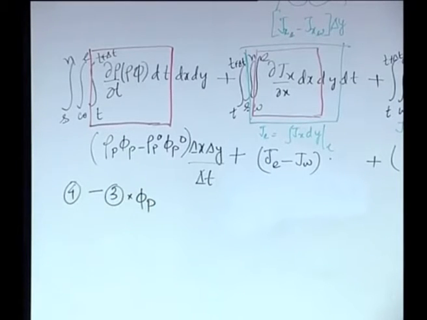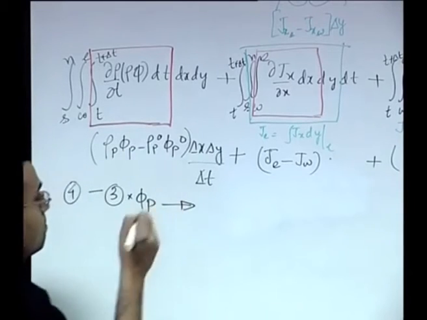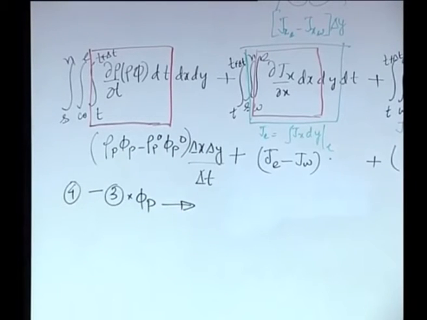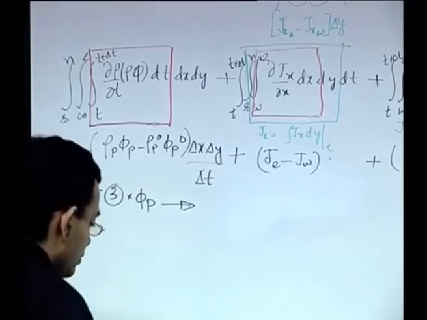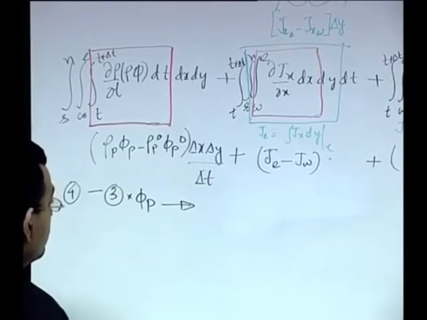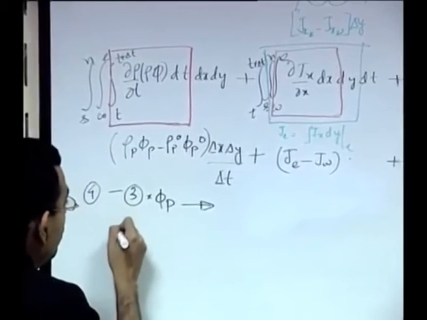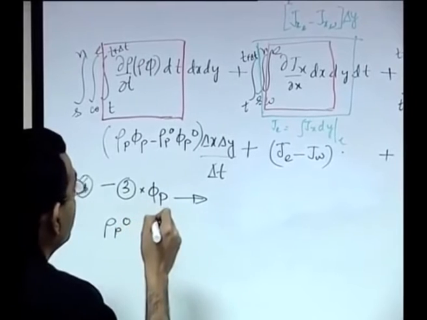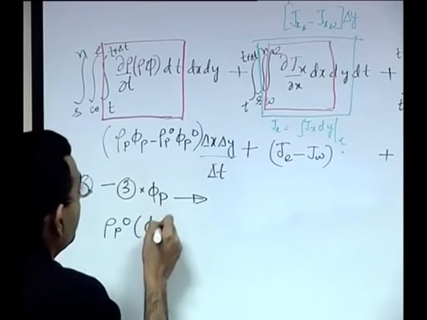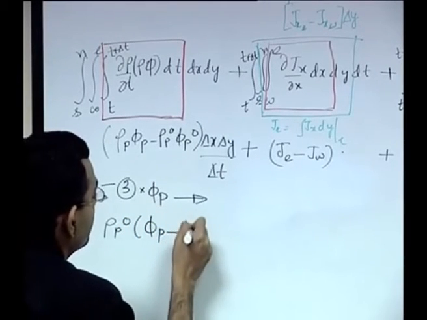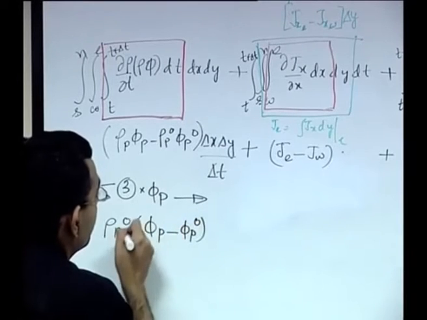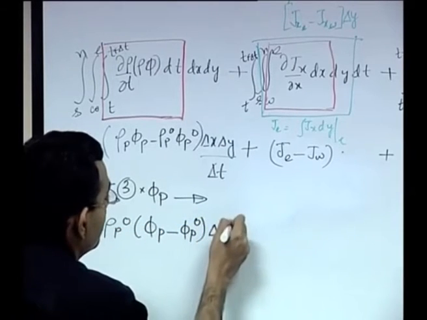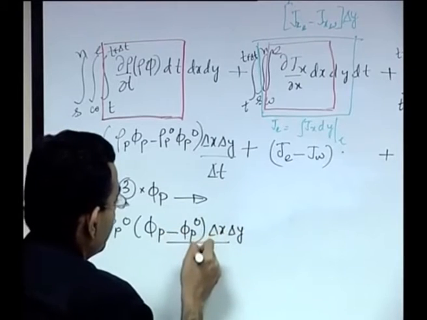So, if you do that, you have rho P naught into (phi P minus phi P naught) into delta x delta y by delta t,